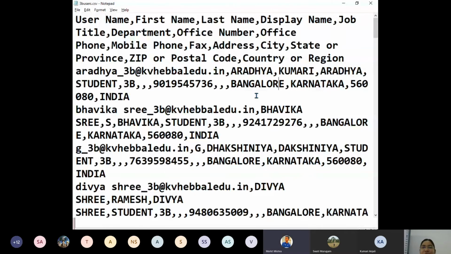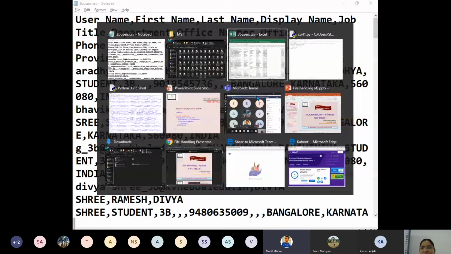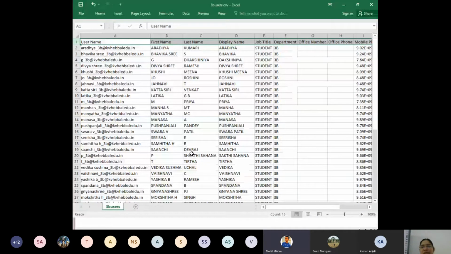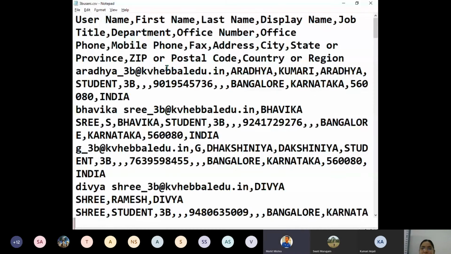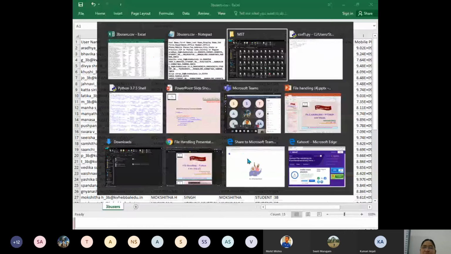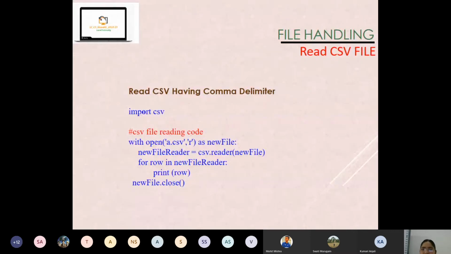But actually how it is stored is as comma separated values. Is it clear, children? So how do we read this today? What did we learn? How to open a CSV file using Python code, which module to use. What is the module we use? CSV module. And which method to use to read from the CSV file? CSV.reader method. Is it clear, children?